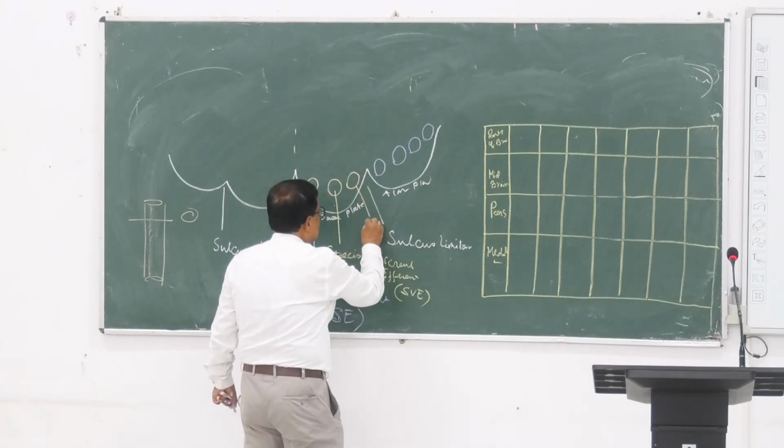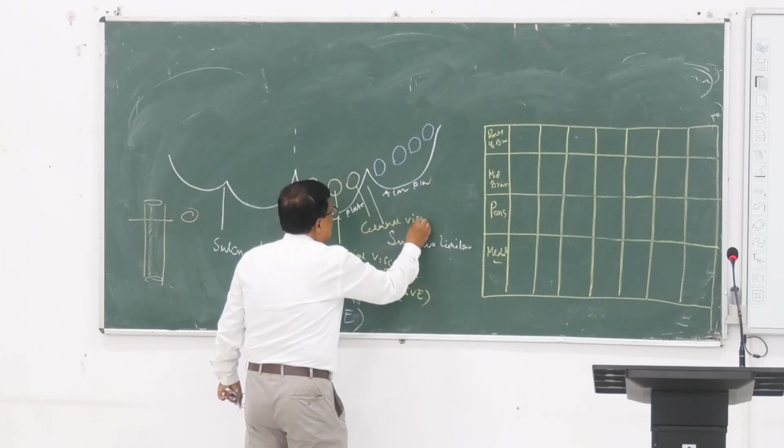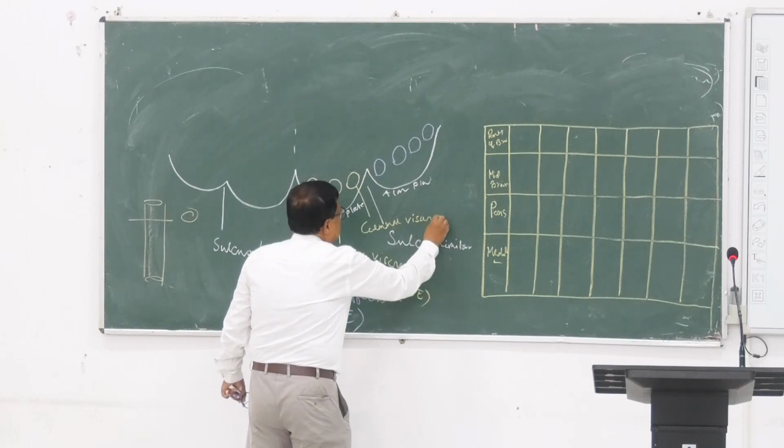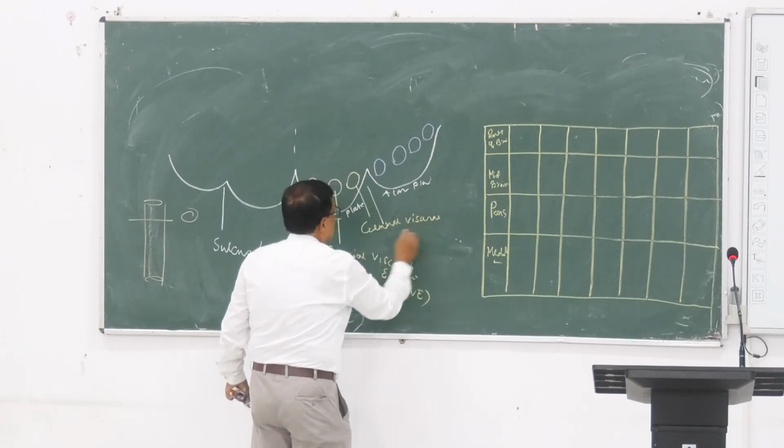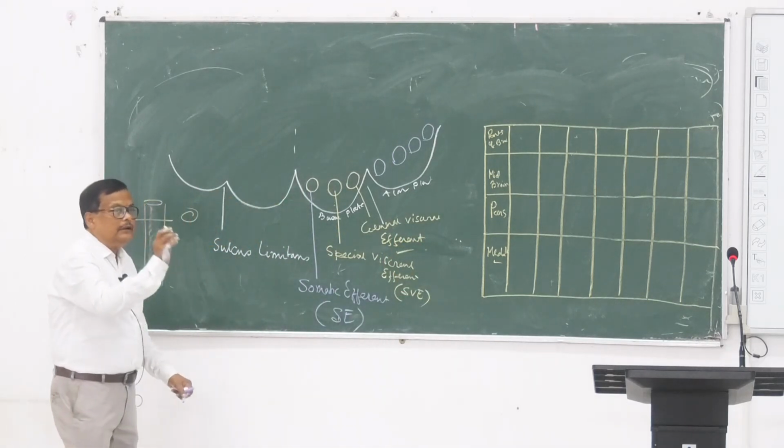তারপরে হচ্ছে জেনারেল ভিসেরাল ইফারেন্ট, এটা মুছে দিচ্ছি, ইফারেন্ট। এই তিনটে কলম অফ নিউক্লি।